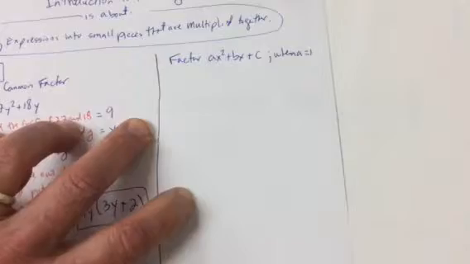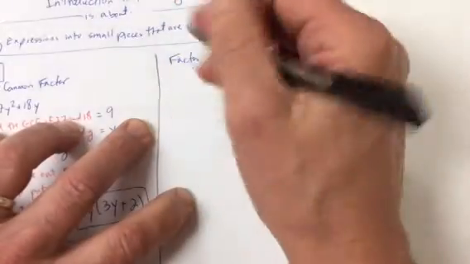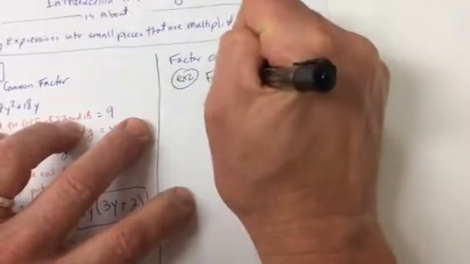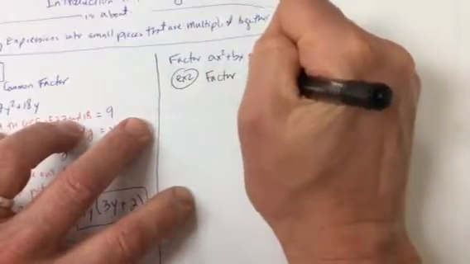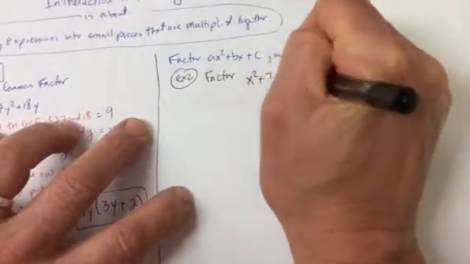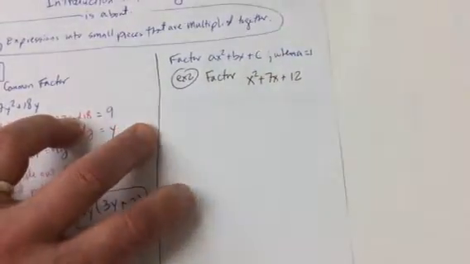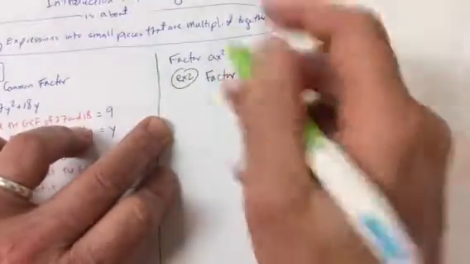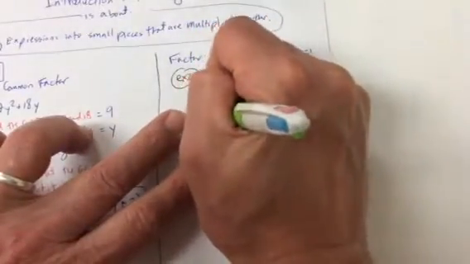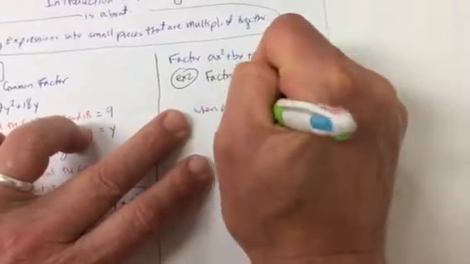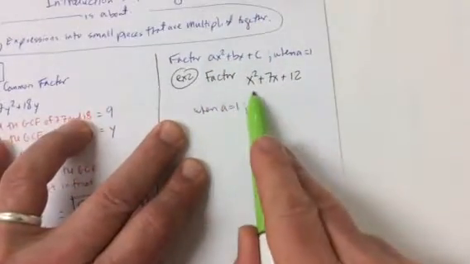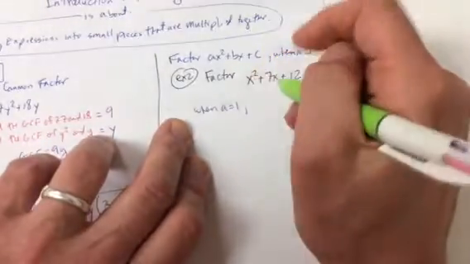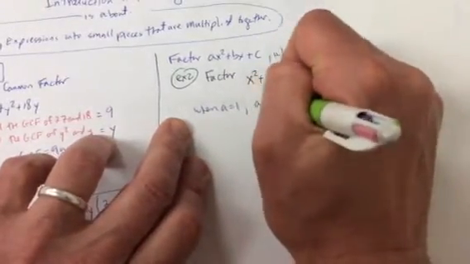And so for this one, this will be example 2. I want to factor x squared plus 7x plus 12. So this time we're factoring a trinomial. It has 3 terms. One thing that I want you to remember, and this is big: when a equals 1, tomorrow we'll do a different method, but a, in other words, there's not a number in front of x squared other than 1. When a equals 1, you want to ask yourself,